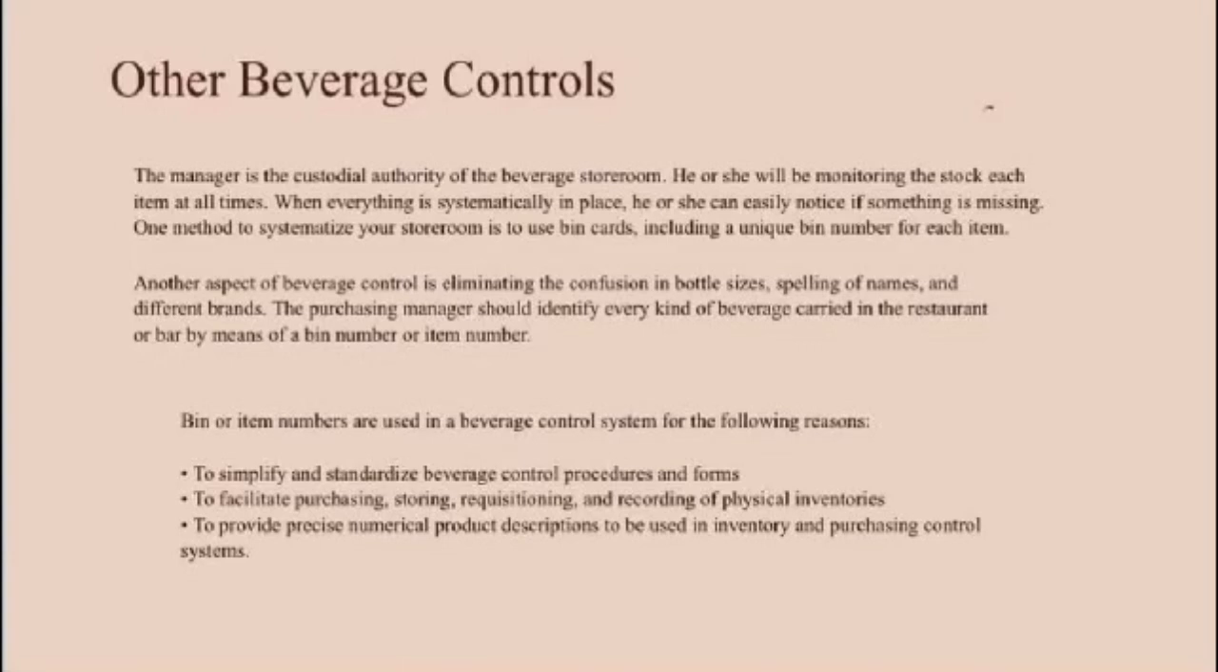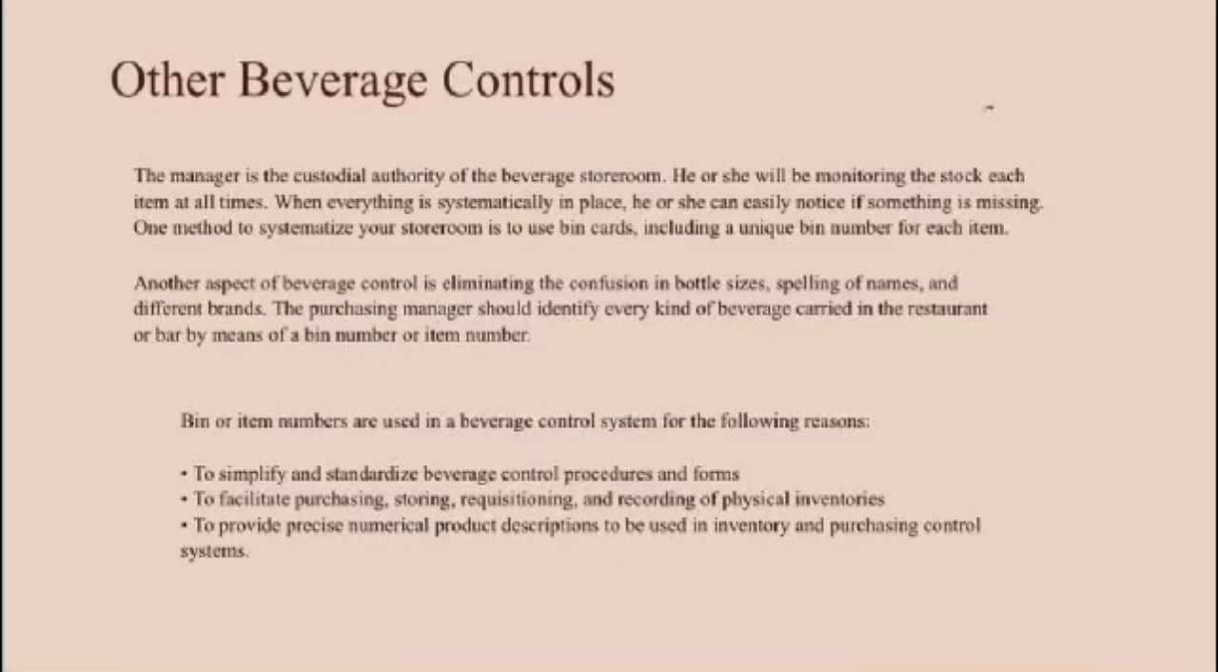So, simplification and standardization. Bin numbers streamline procedures and forms related to beverage control. Inventory management: they facilitate purchasing, storing, requisitioning, and recording of physical inventories. Precise product description: they provide accurate numerical descriptions for inventory and purchasing systems. A bin number system is essential for efficient beverage control because it simplifies processes, improves inventory management, and ensures accurate